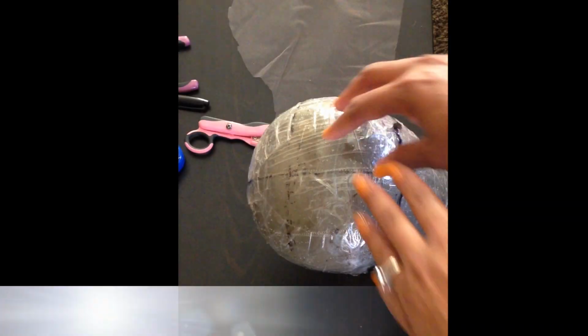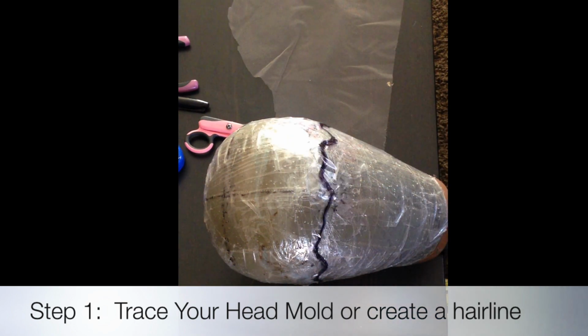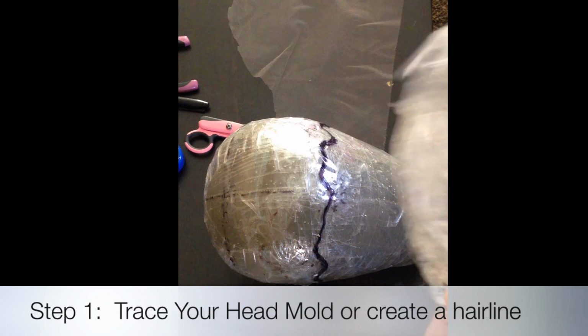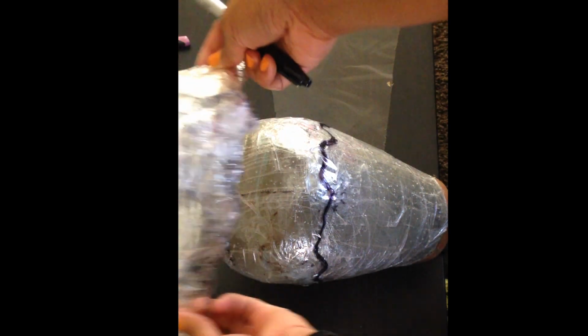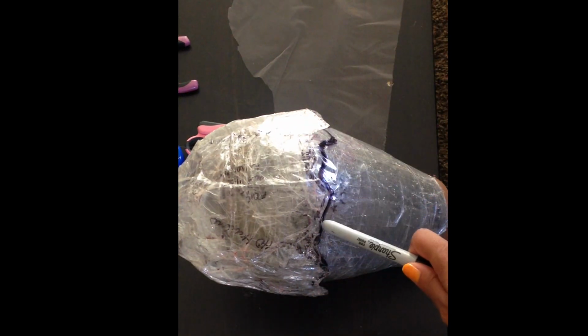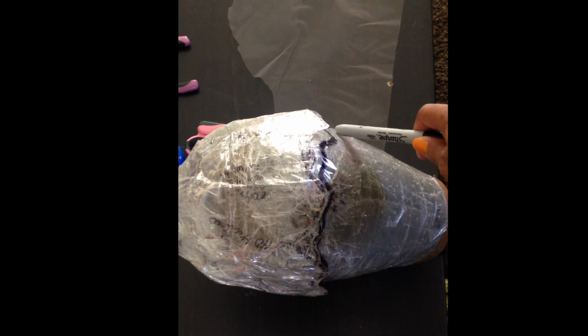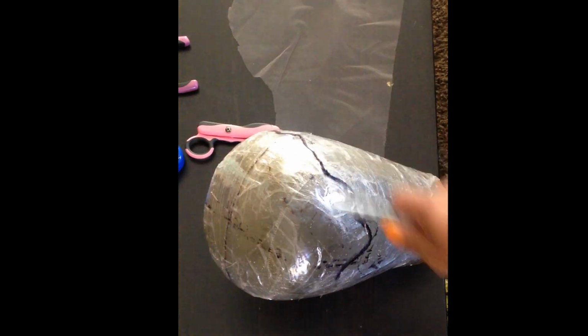Okay, let's get started. The first thing I did was I took my canvas head as well as my head mold. So this is my head mold right here. So all I did was take my Sharpie and I traced the outline of my hairline onto the canvas head. And I traced it ear to ear,